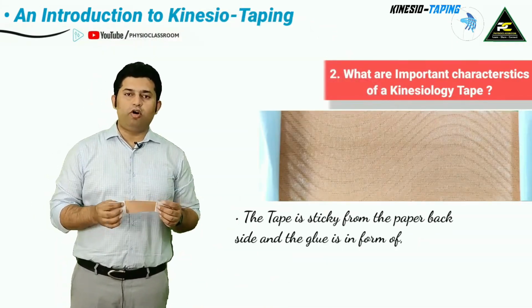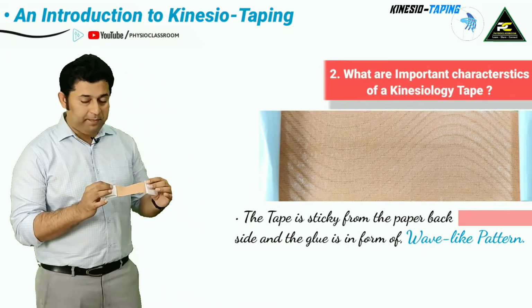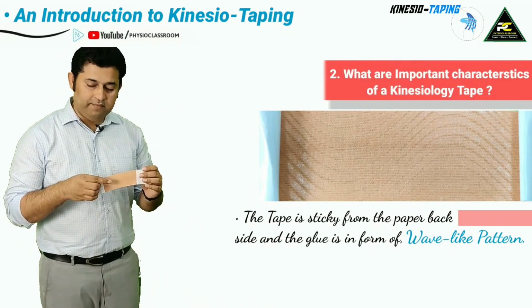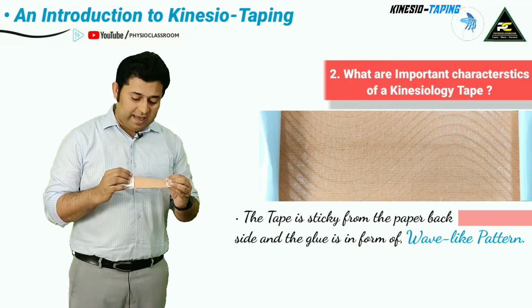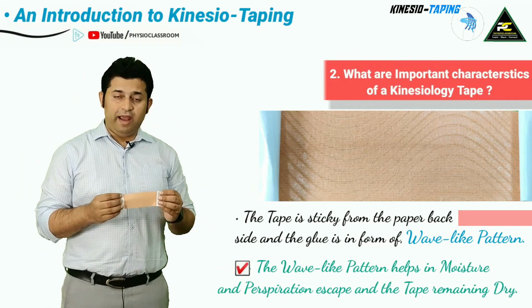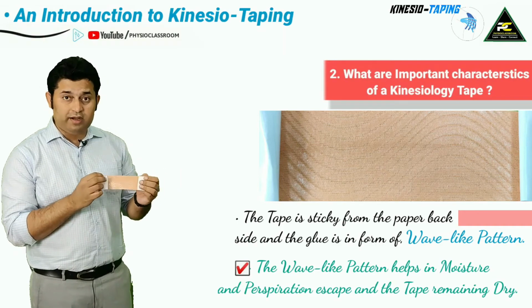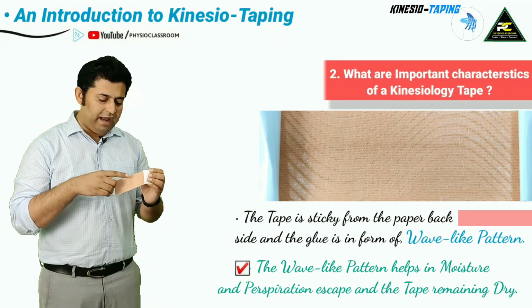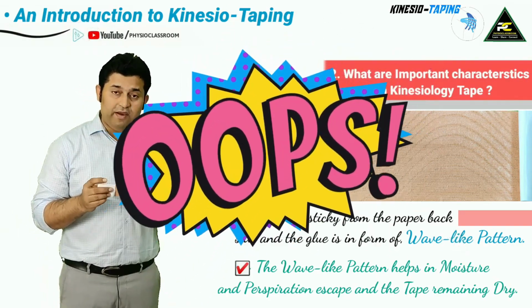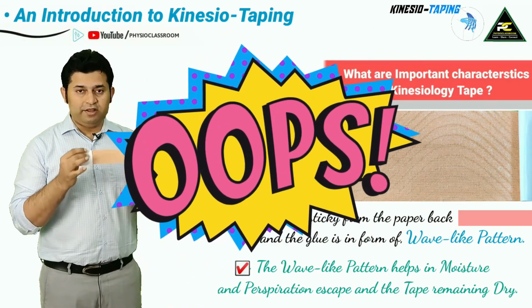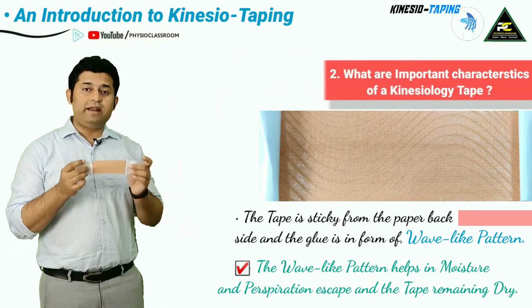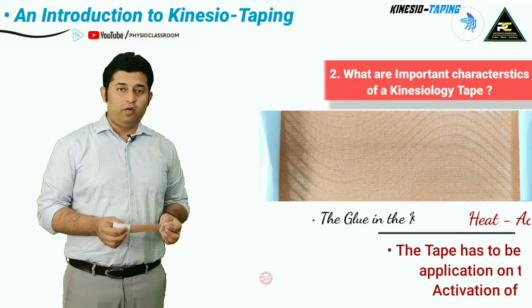Now if we take a closer look of the kinesiology tape from the paper backing side, we can see that this side is sticky, and this is so because this has glue in it. And on closer look, we can appreciate that the glue has been applied over the kinesiology tape in a wave-like pattern. Now this wave-like pattern ensures that the moisture or the perspiration escapes from the tape so that it can remain dry. Now what is interesting